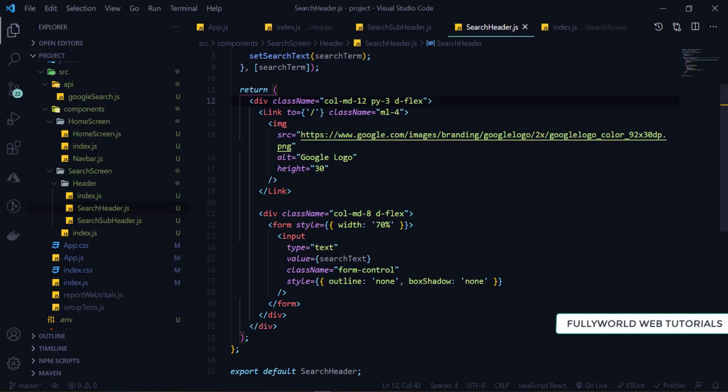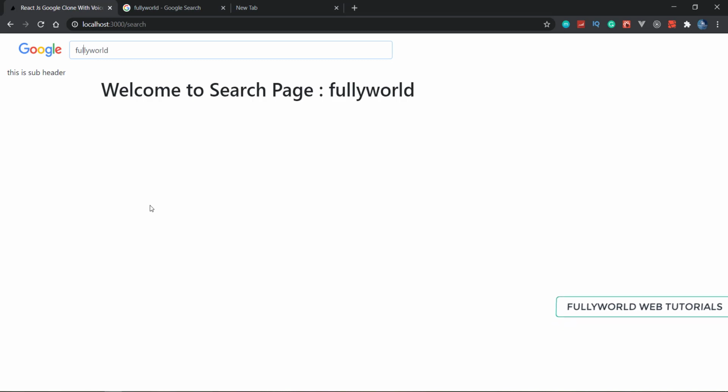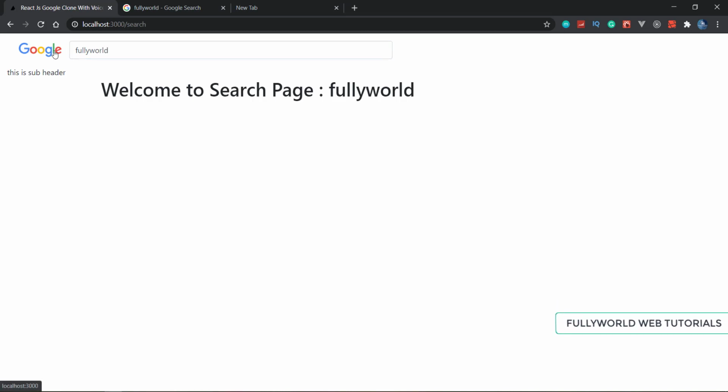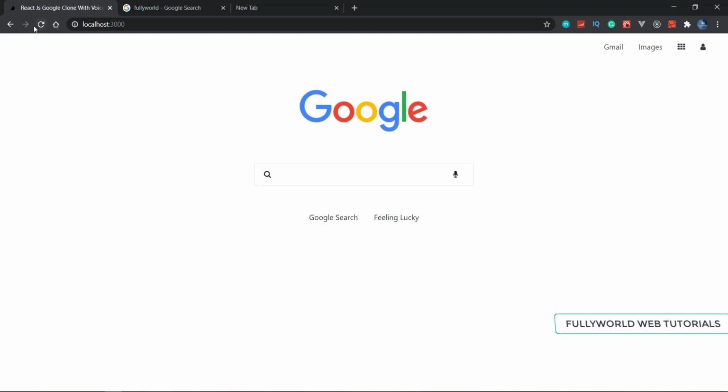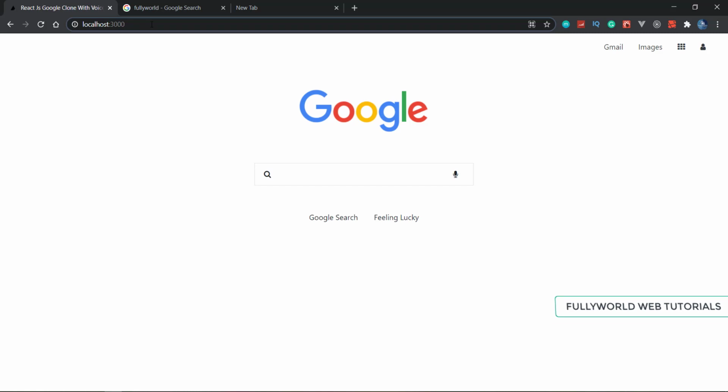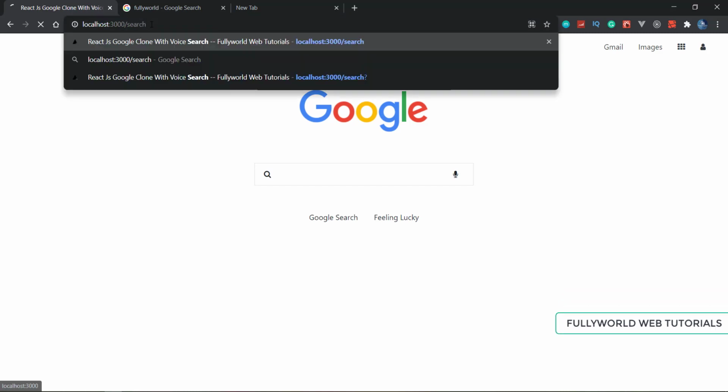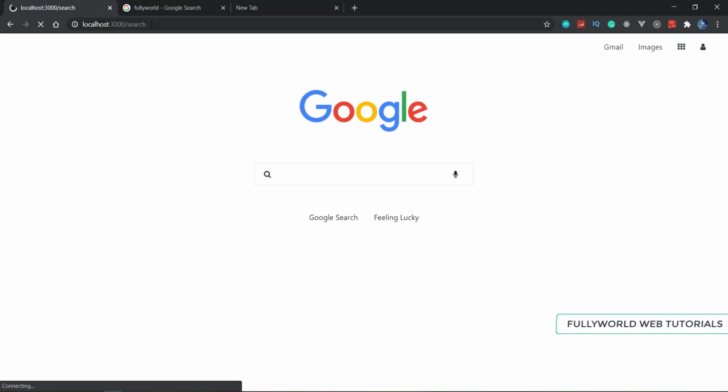So now I just want to go to search only. Because in the search we already set our default search text as full URL, so it will not redirect us to this one. So now this search bar is looking very good. I'm very pleased with that. So it is looking very good.